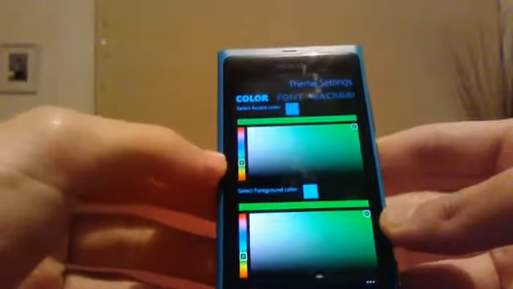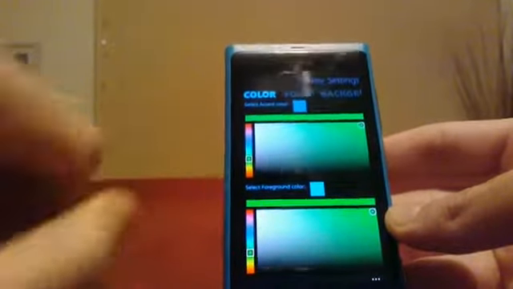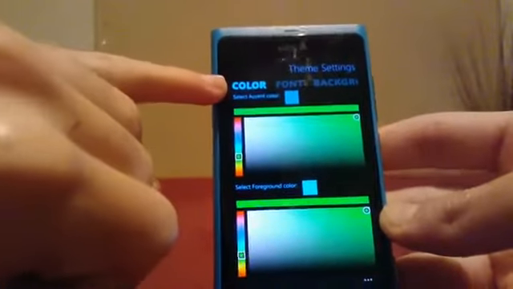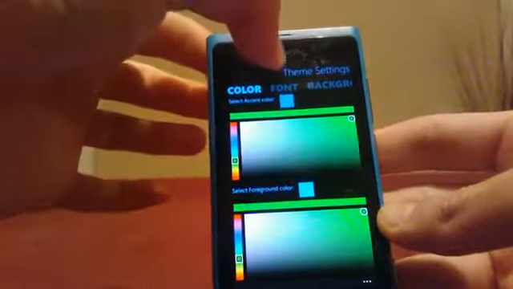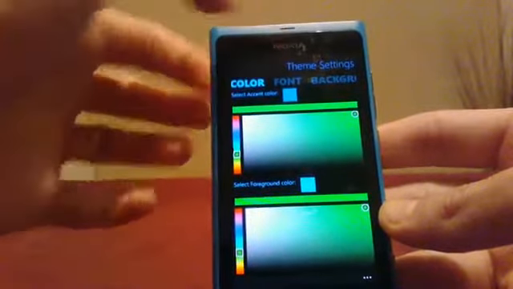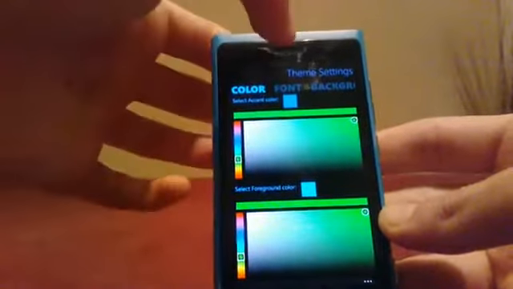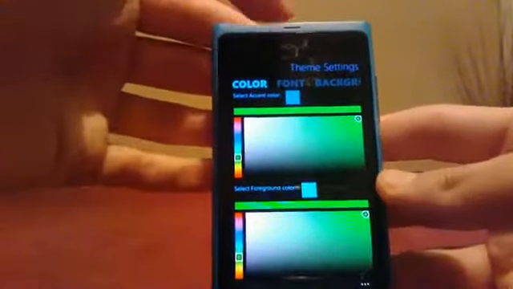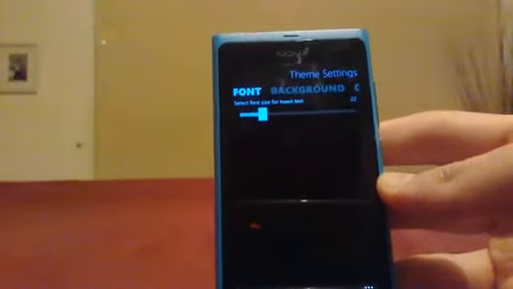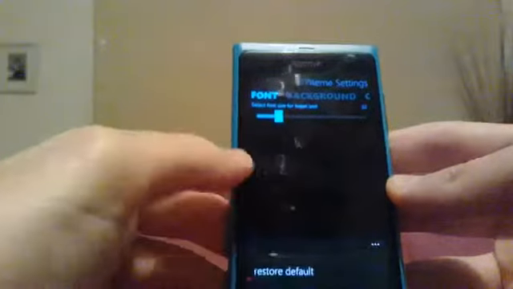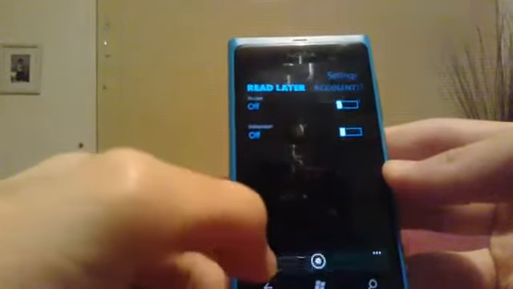So with this, you get to choose the accent color, which is, as you can see, the color of all the headings, and then a foreground color, which is the color that you see up here. Oh, sorry guys, it's actually the other way around. The color in the top right is the accent color, and the color on the left here is the foreground color. So that's just one of those things that it's nice to have that sort of customization with the app. Of course, there is the option to restore default if you sort of stuff up. So going back,